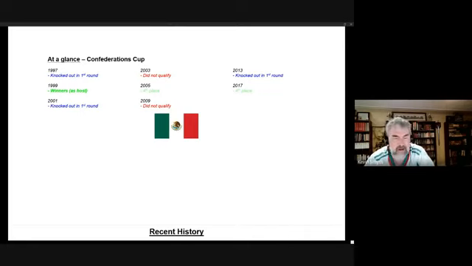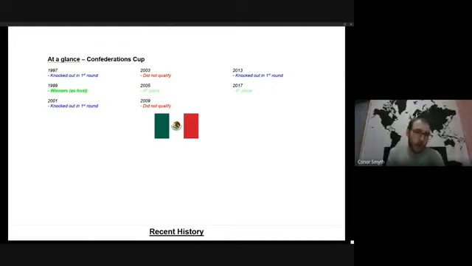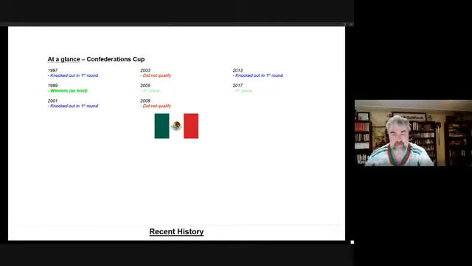Recently, however, they've become more consistent, but as you say, there's a bit of a question as to their strength on the world stage, even though they are kind of the top CONCACAF team. Yeah, they've become more consistent, like you said, over recent years. I think you might have said inconsistent, but sorry, consistent. No, they've become more consistent.